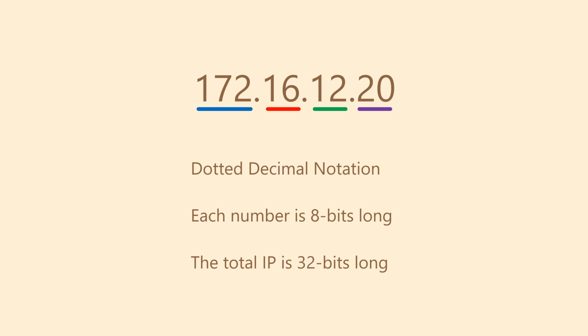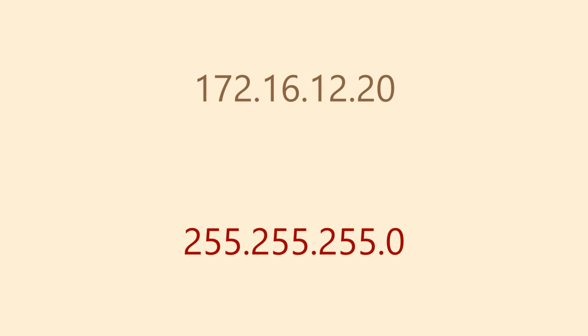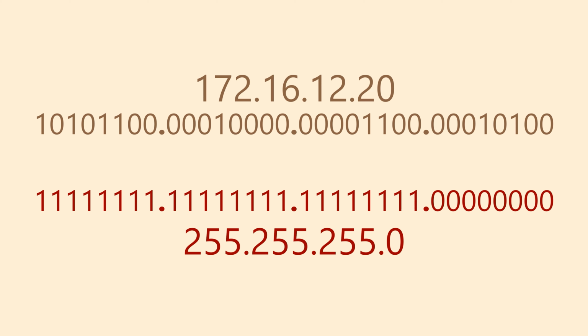How much of the IP address is the network and how much is the host? Is it a fixed number of bits, or does it depend on the situation? When we configure a host with an IP address, we also configure a subnet mask. As shown here, it uses dotted decimal notation too, the same as an IP address. Keep in mind, computers and devices see these addresses as binary numbers, that is, ones and zeros. So our example will look like this. If you need a refresher on how binary numbers work, take a look at the video on our channel.